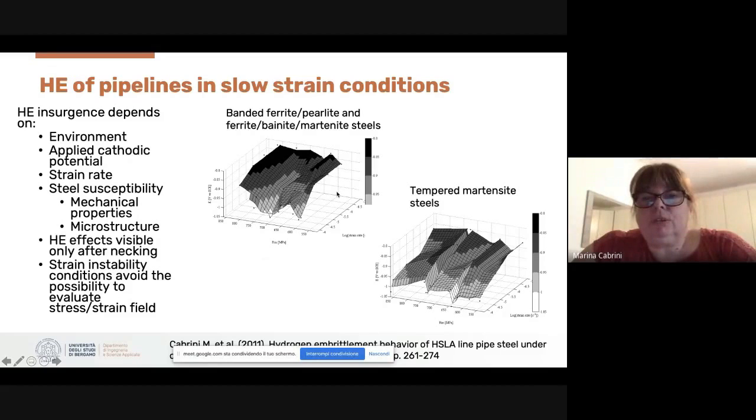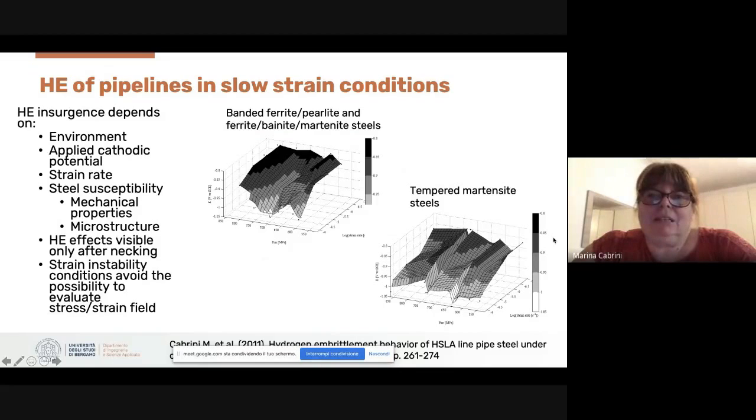The critical potential was the applied cathodic potential at which we observe, for each steel and for each strain rate, the first hydrogen embrittlement effect visible on the fracture surface as brittle area or secondary cracks. We can observe that we have two different maps for different microstructures. This is for banded ferrite-pearlite or ferrite-pearlite-martensite steels, excuse me for my bad English, and this is